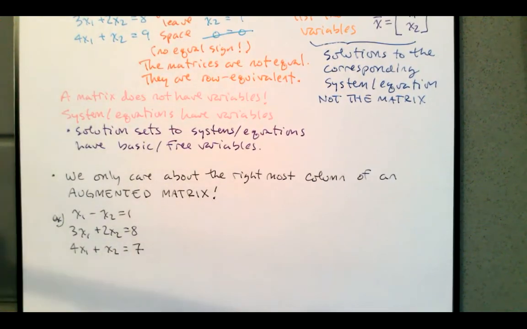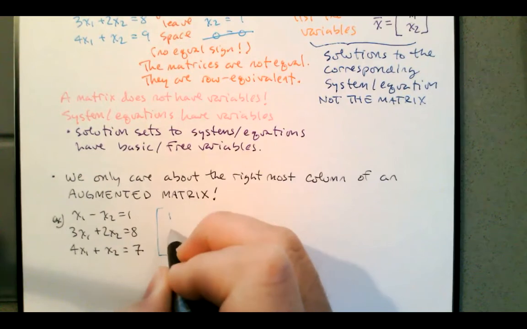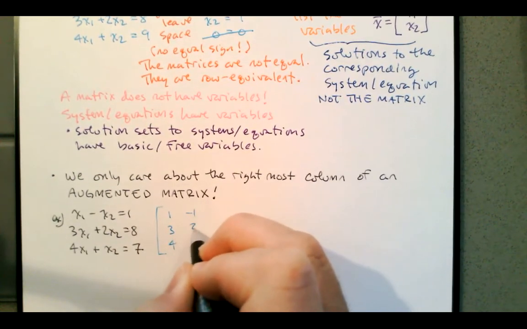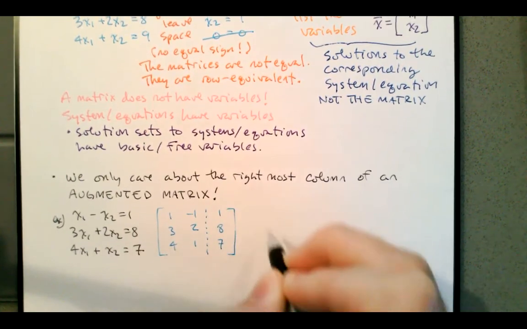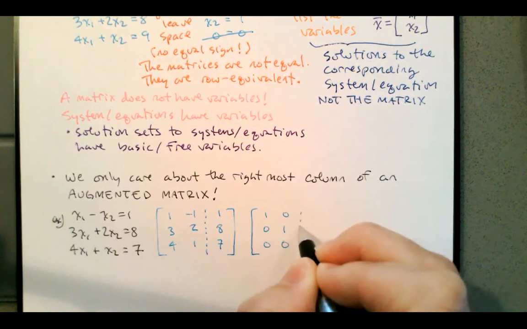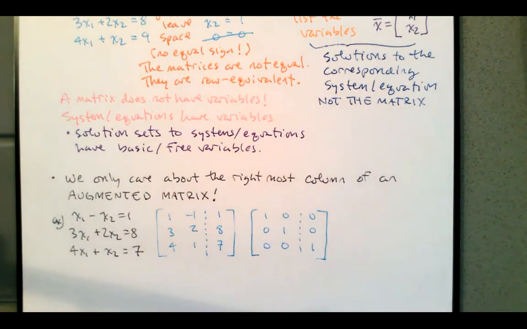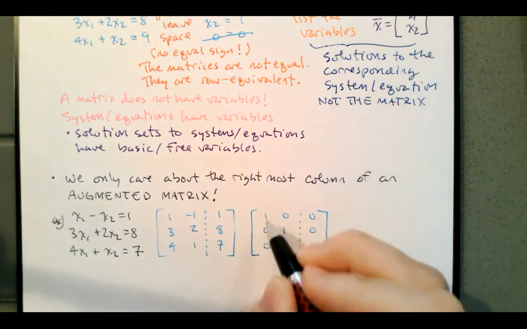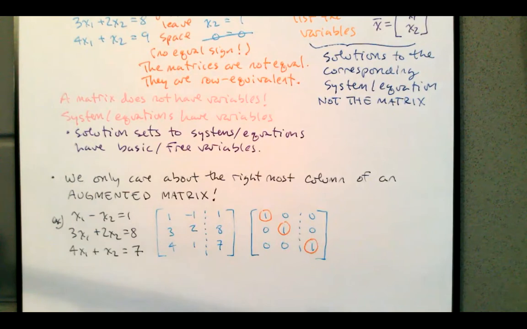So let's suppose that we're tasked with solving this linear system. We would write the augmented matrix 1, 3, 4, negative 1, 2, 1, 1, 8, 7, and find its reduced echelon form, which would be 1, 0, 0, 0, 1, 0, 0, 0, 1. So we have a pivot in the first row, first column, second row, second column, third row, third column. More importantly, this is the augmented matrix